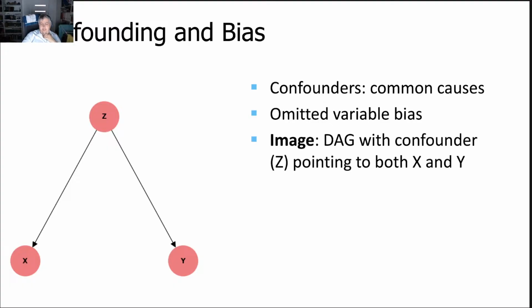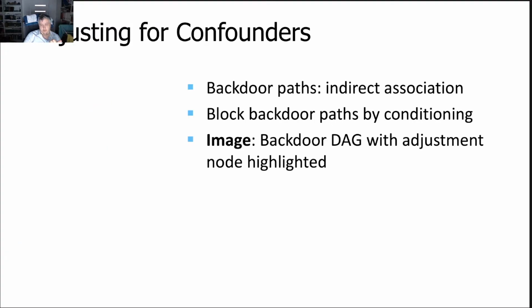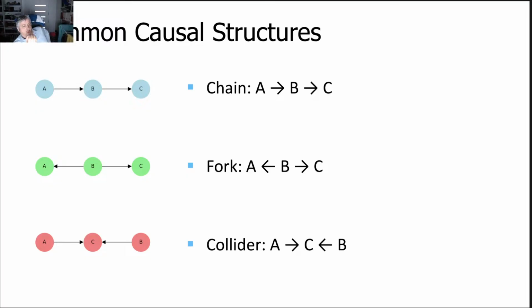And that leads us to certain common causal structures. There are three main structures that are present in the analysis of diagrams. We have a chain when A causes B, which causes C. It is also called a pipe. We have a fork when B influences both A and C. And we have a collider when C is influenced by both A and B. So, for example,